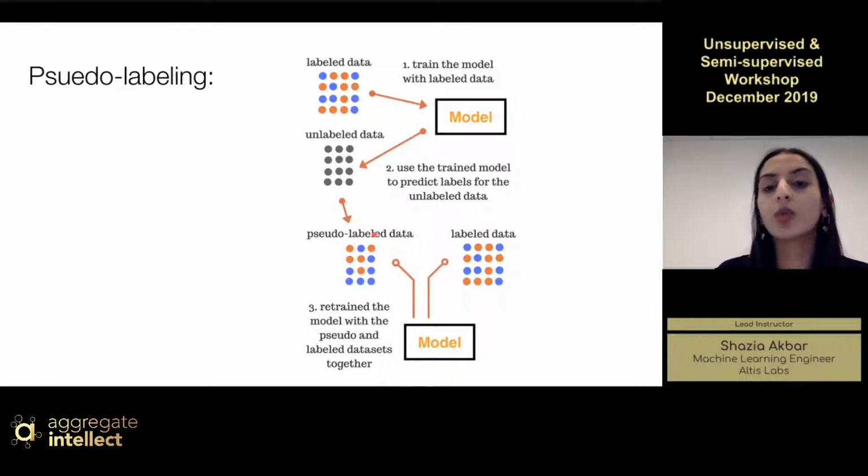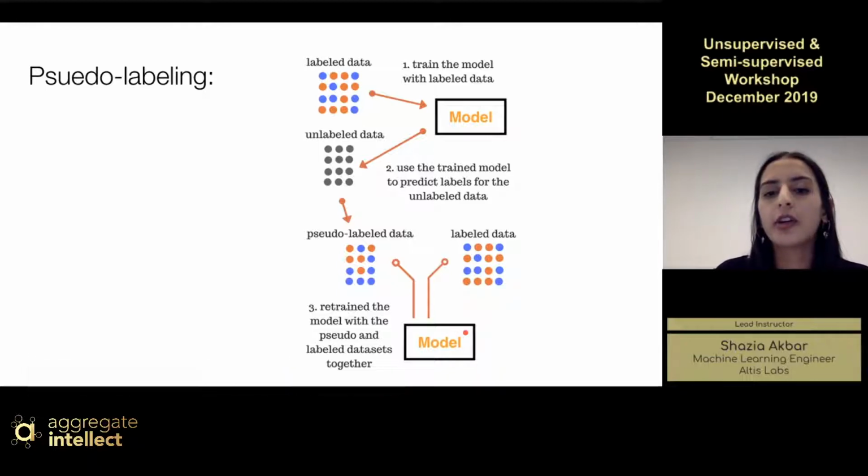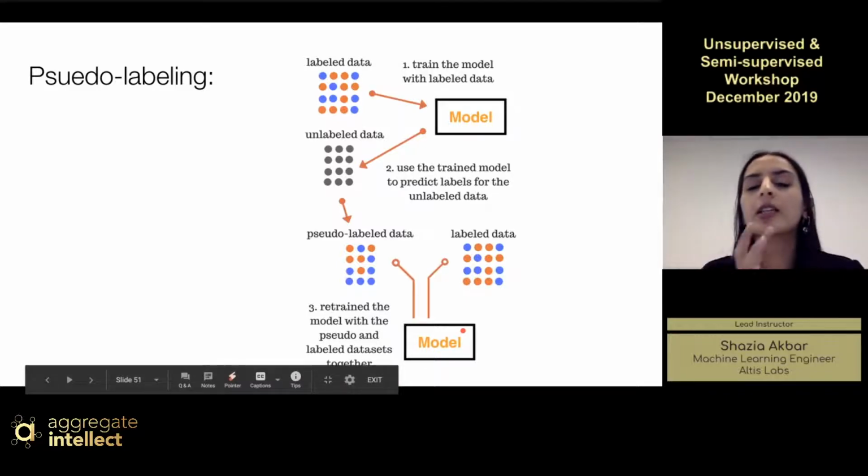We don't know if these labels are correct, but we do know that the model has learned from this particular data set. So we know that at least some of these instances will have accurate labels assigned to them. Then we retrain the model using both the pseudo-label data and the labeled data. Together, they should give a stronger model, especially if the unlabeled data contains some sort of variations